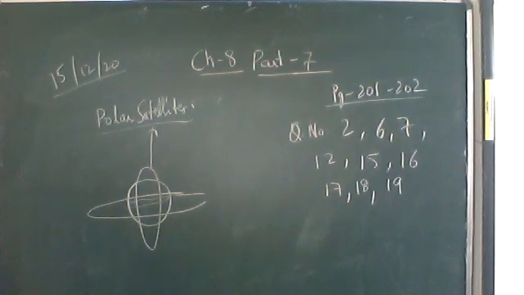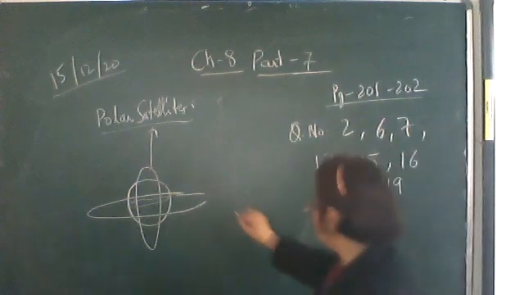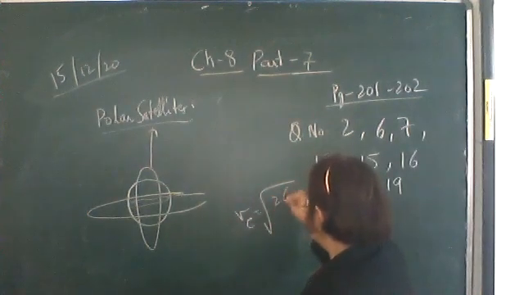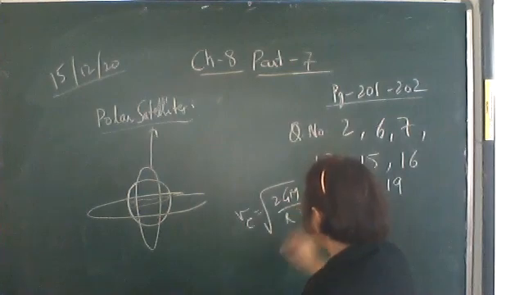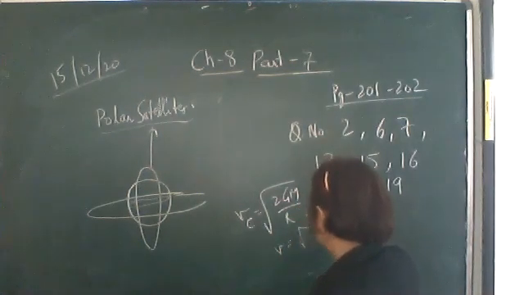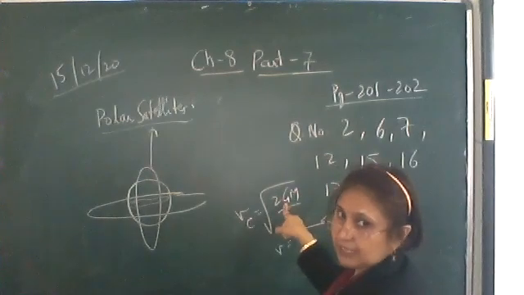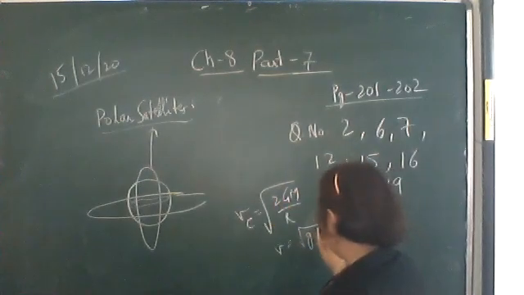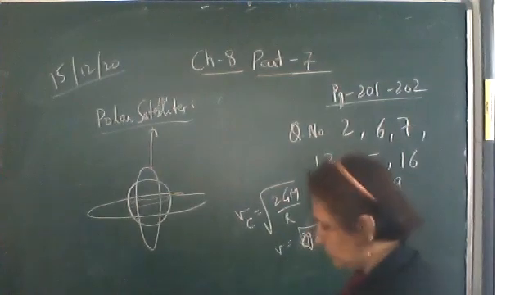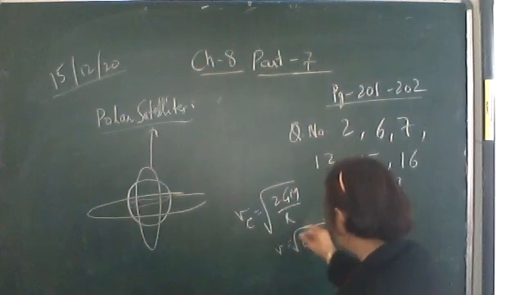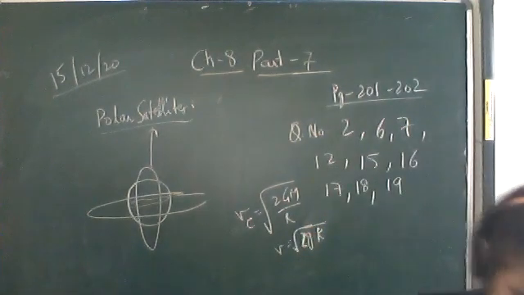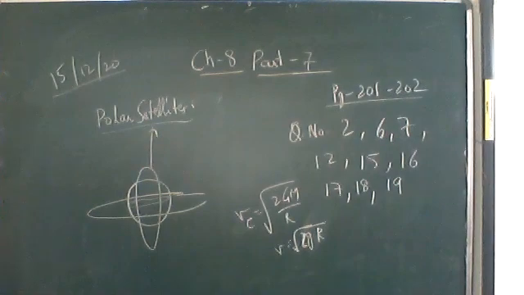Then question number 7: does the escape speed of a body depend upon the mass of the body? We know that the escape velocity is given by under root 2GM upon R, which is also equal to, substituting G as g R squared upon M, under root 2gR. From this expression you can find out whether it depends upon the location from where it is projected. On the Earth's surface it would be the same, because it is the radius of the Earth.